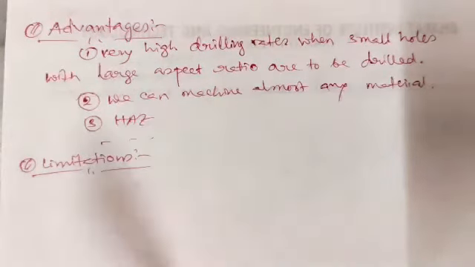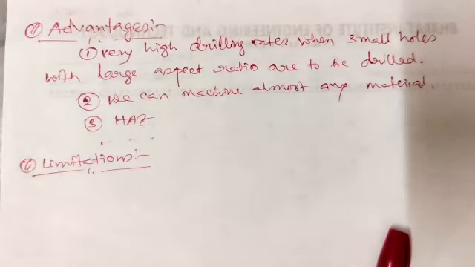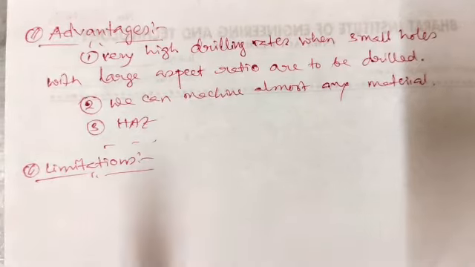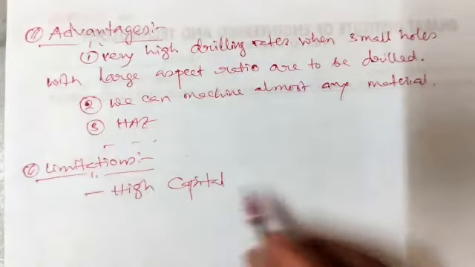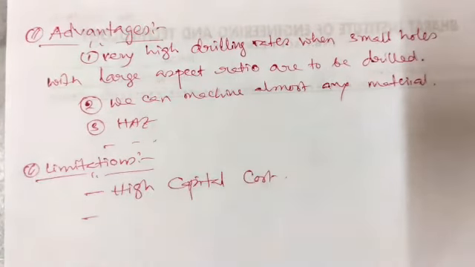So what are those limitations? We need to produce vacuum in the chamber, as well as produce electrons. And you might have already seen that we have to keep somewhere around hundreds of kilovolts. So in that regard, the capital cost of the equipment and the necessary maintenance is costly. So we have to go for high capital cost. This is one limitation.